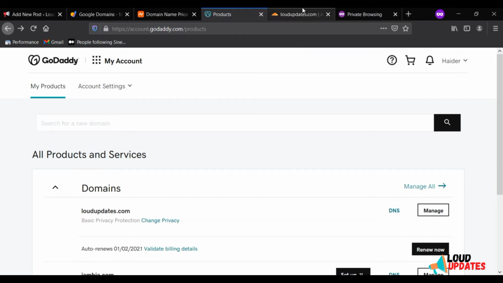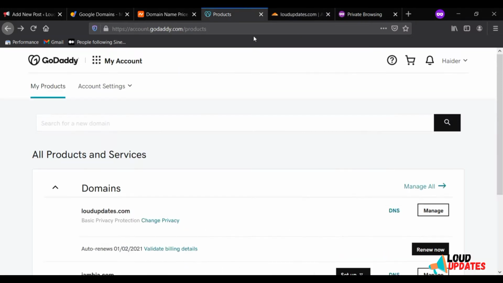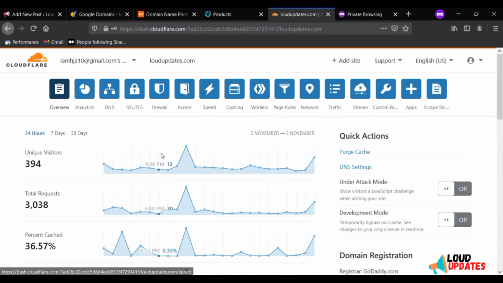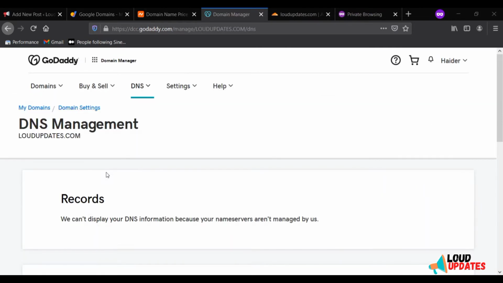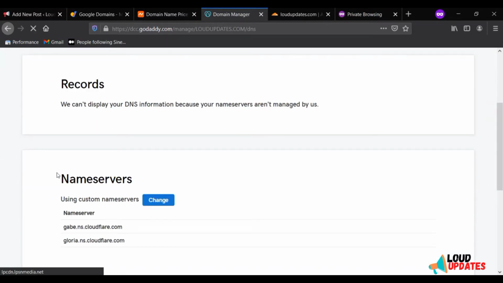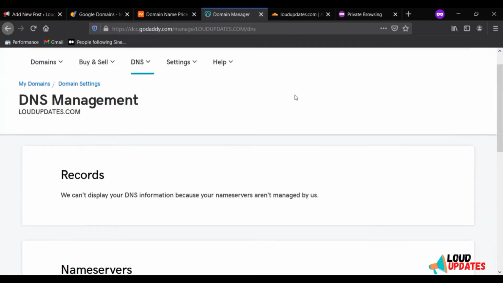My domain is on GoDaddy, but I am managing my domain DNS through Cloudflare. Here you can see I am going to my GoDaddy domain section and DNS section, and I am managing my DNS from Cloudflare.